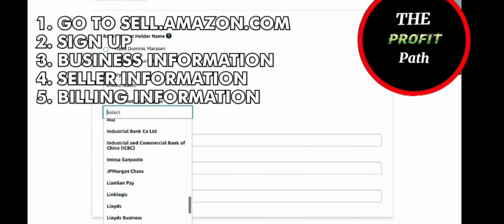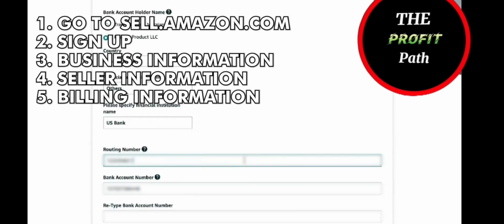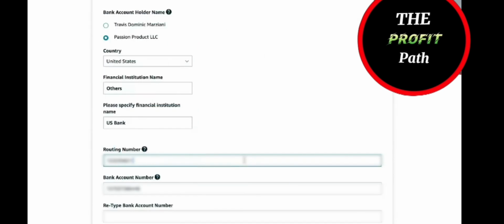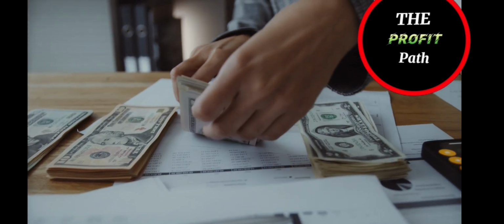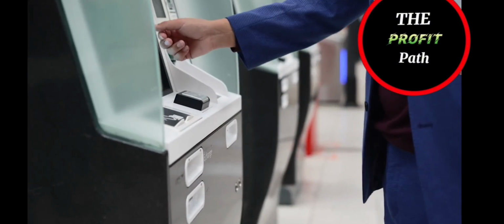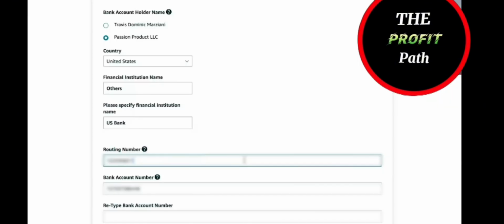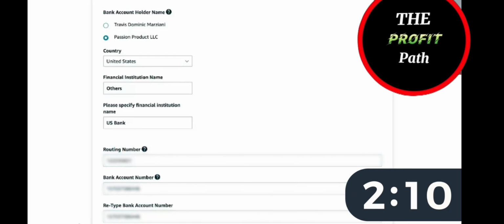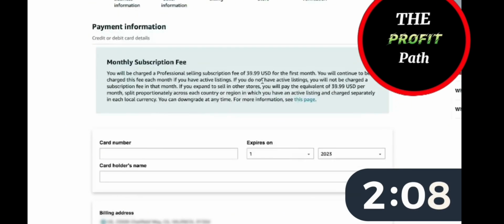After that, you're going to put in the name of your bank as well as your routing number and bank account number. This is so that when you start making money on Amazon, Amazon can send that money to your bank account. After you've filled in that information, you're going to click on continue